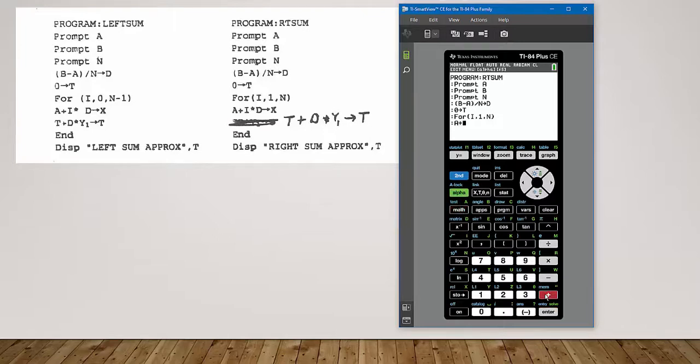We have A plus I times D. That gets sent to X. And then T plus D times Y sub 1. That gets sent to T. New line. We're going to end this loop. And then we're going to display